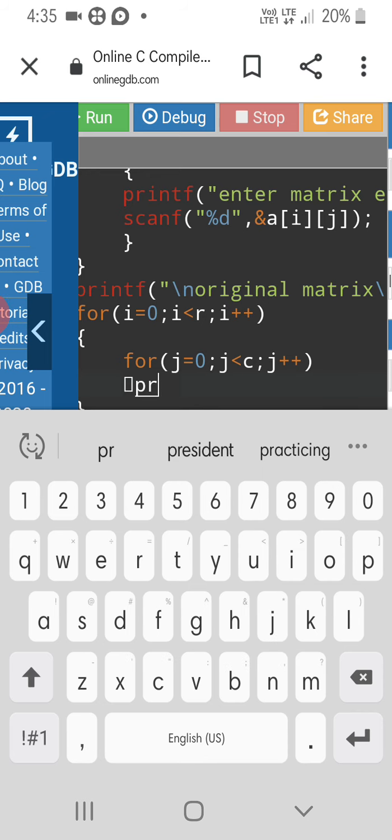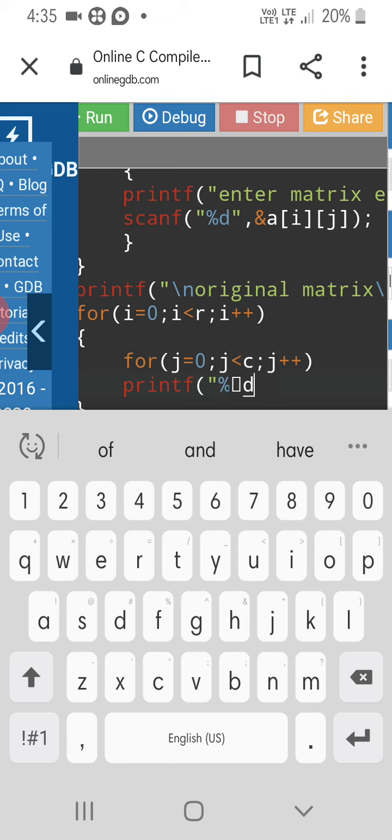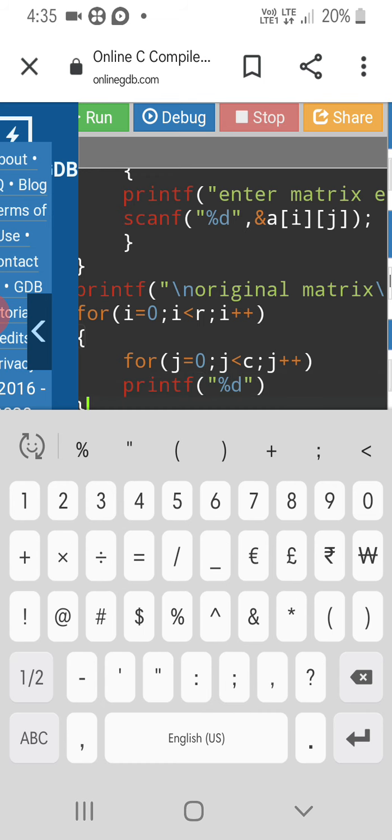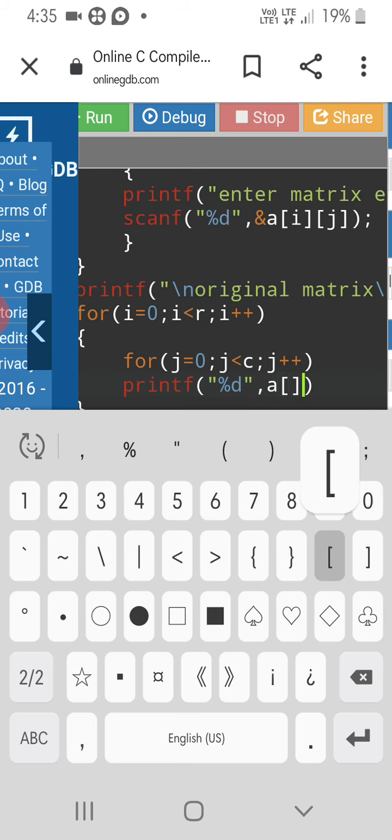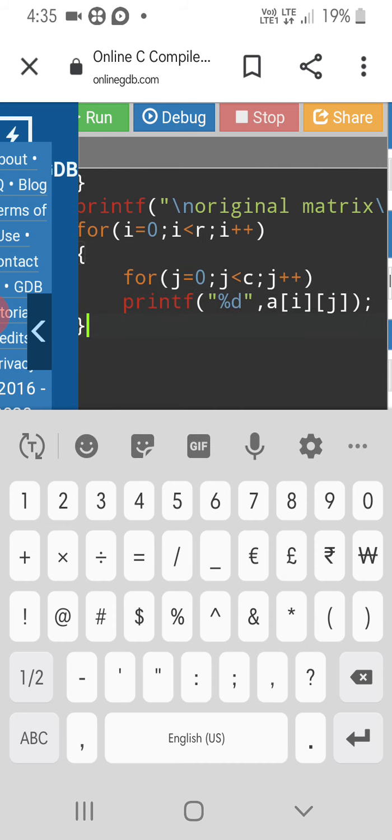So printf %d, a of i comma j, so as to access the complete row, semicolon used to terminate the statement.